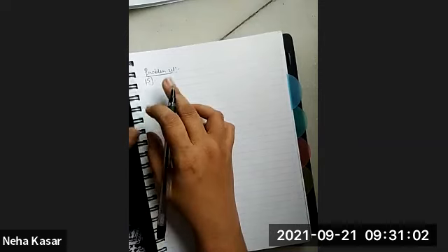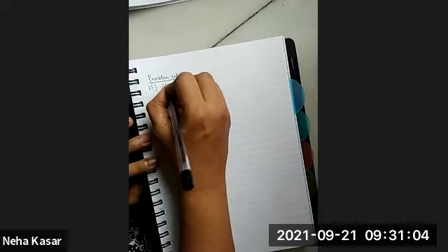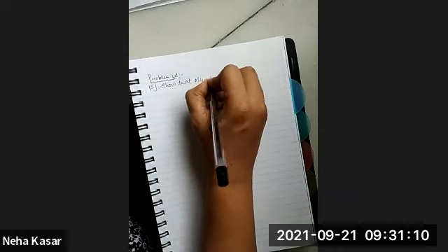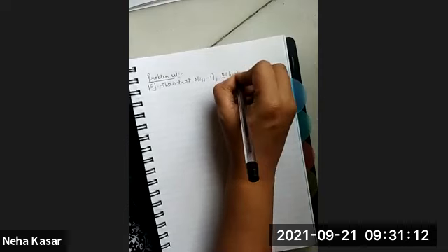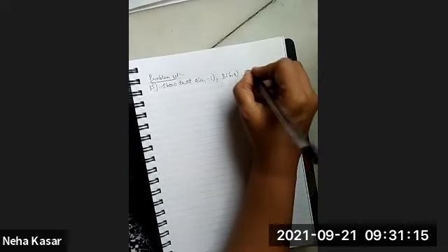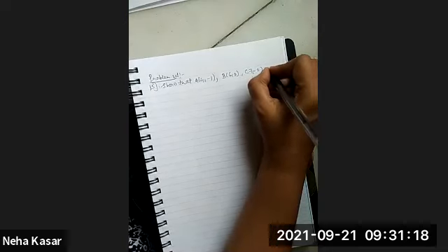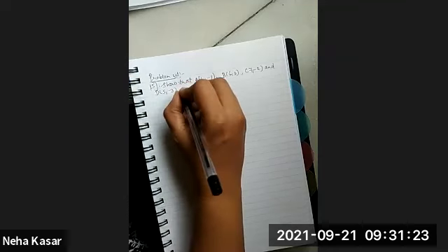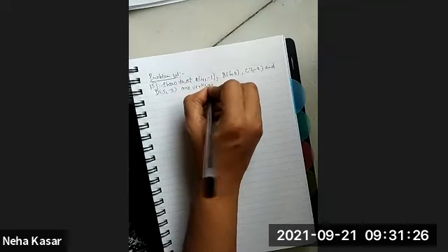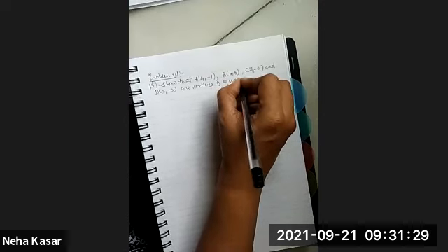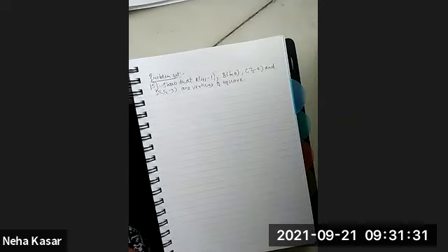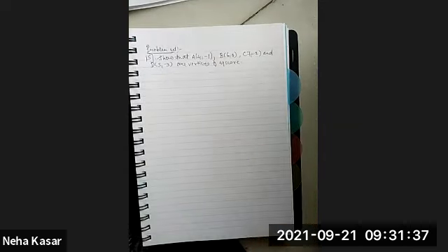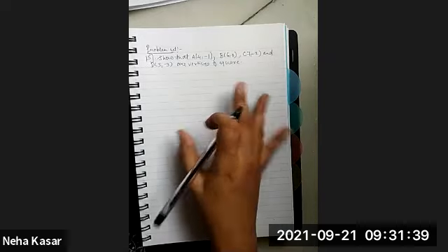So we are going to solve problem number 15. To show that, I will write the sum. Show that A (4, -1), B (6, 0), C (7, -2), and D (5, -3) are vertices of a square. As I told you, nothing is mentioned, so solve using the distance formula or the slope formula. You can use any formula. If you want, we can solve it by both methods and then also check.